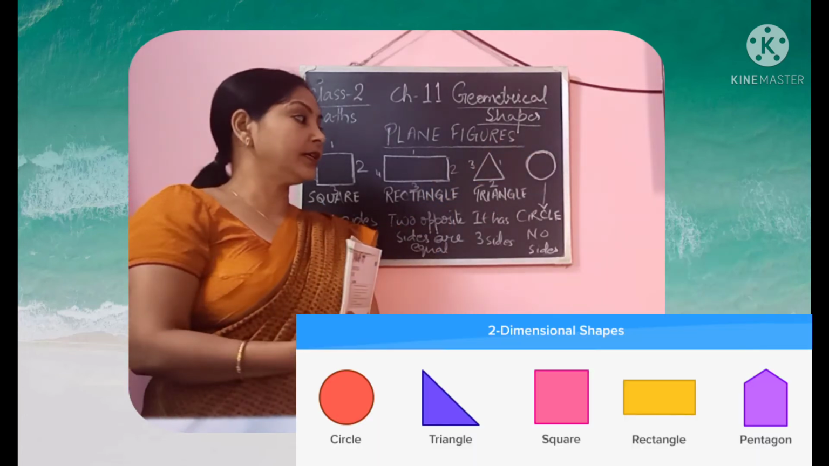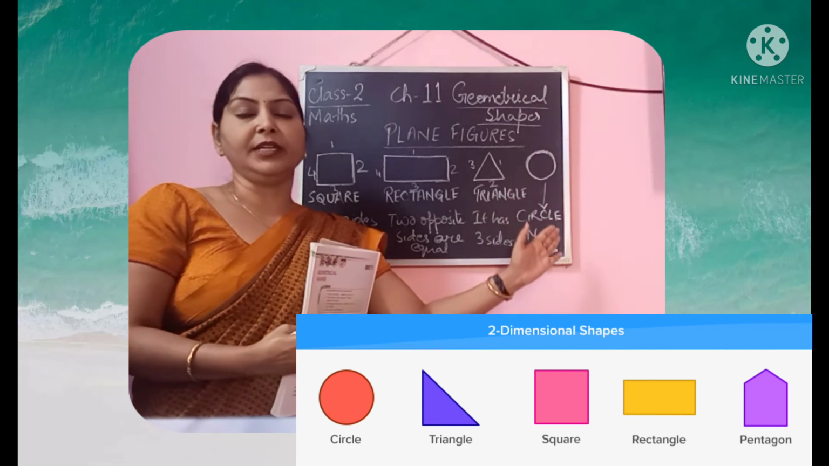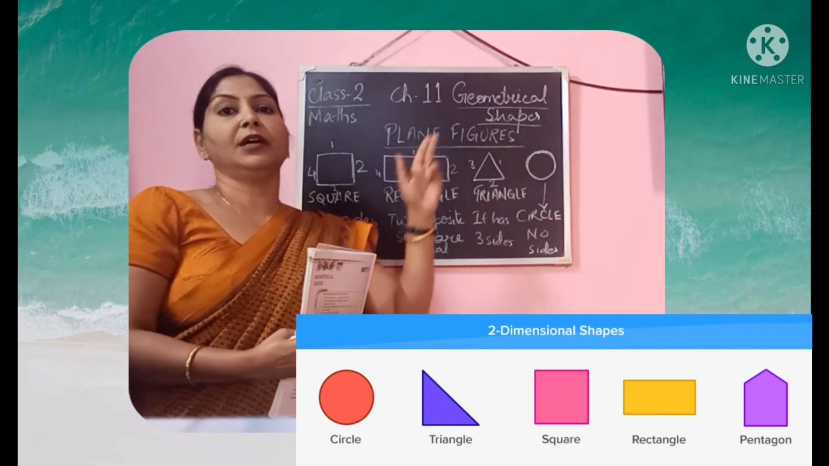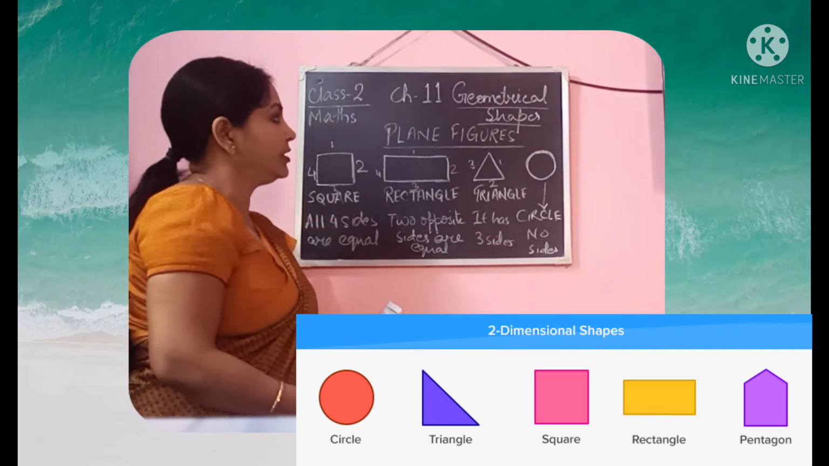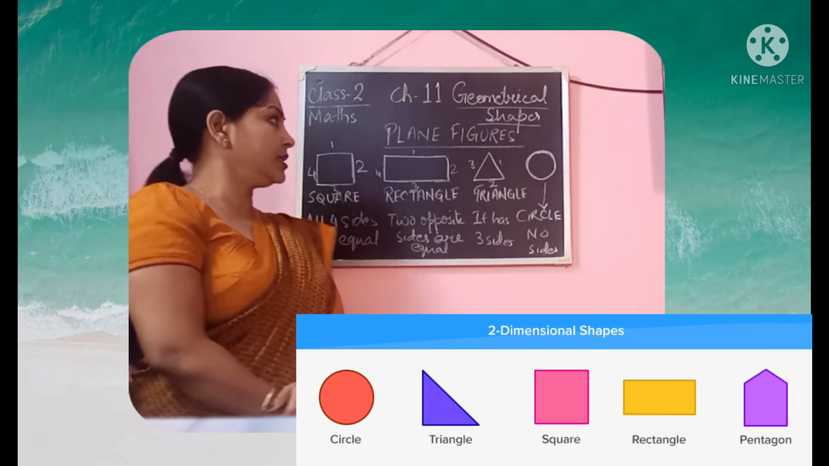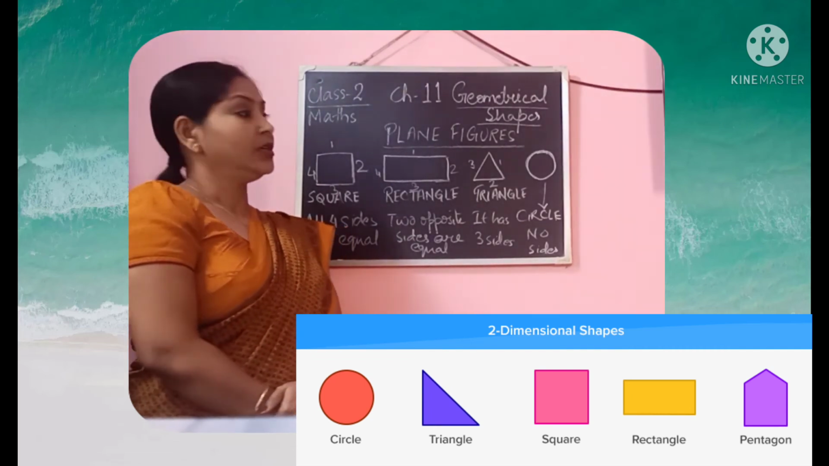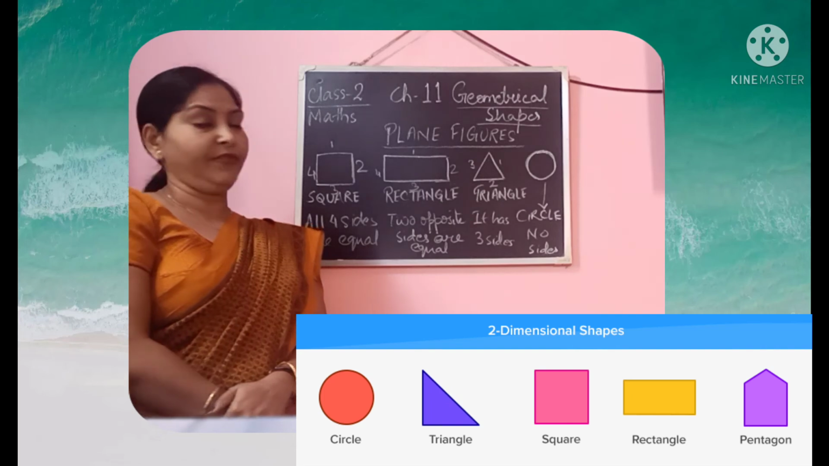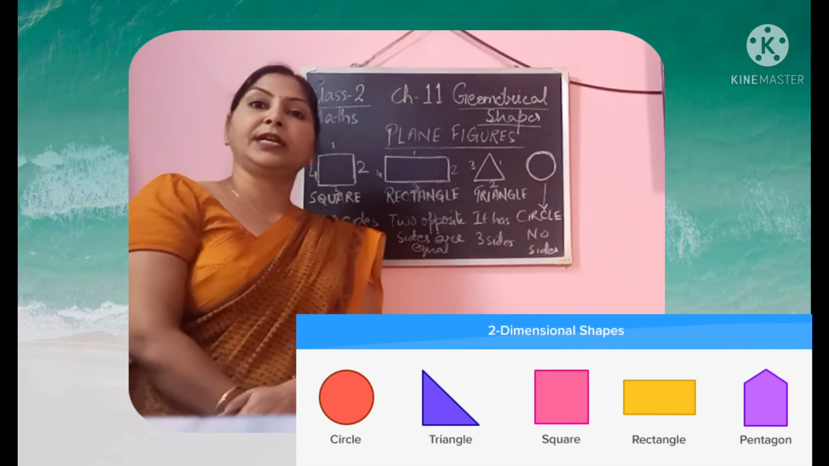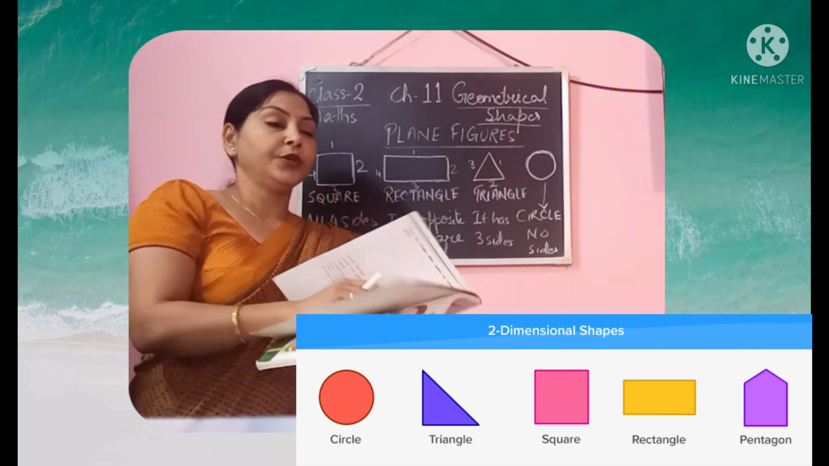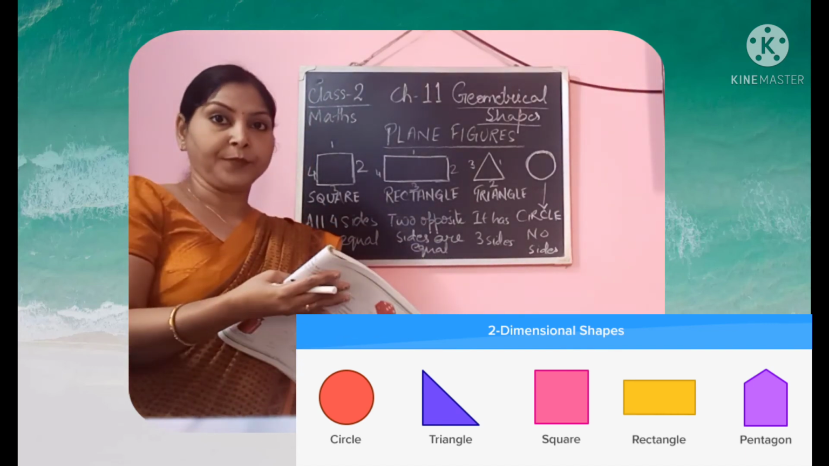Coming to the circle, do we have any side? We don't have any side, but it is made up of one curved line. Alright children, so I think you have understood what plane figures are and what the different plane figures are. So the main four plane figures are square, rectangle, triangle and circle. So what you are going to do, you will draw them in your copy. You will write